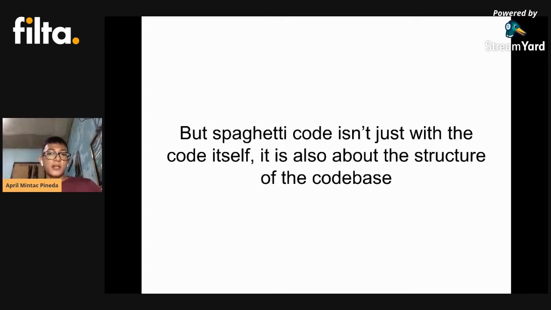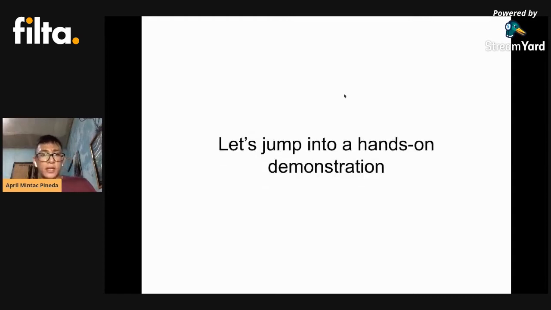Those things affect the spaghettification of the code base as a whole really drastically. If your code base is not structured in a logical manner, then everyone will have a hard time looking for things. So let's jump into a hands-on demonstration that I prepared for you.